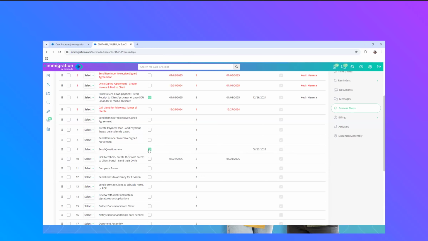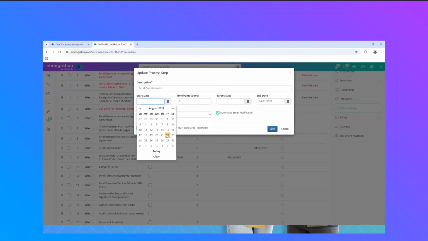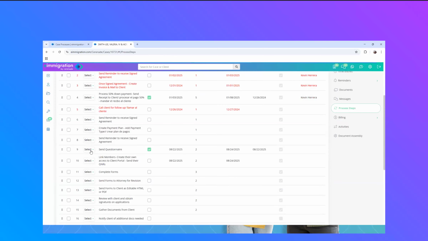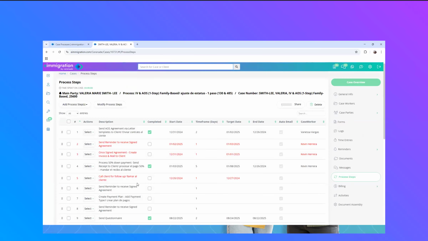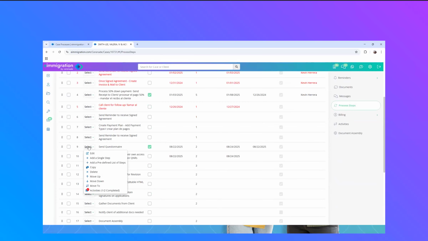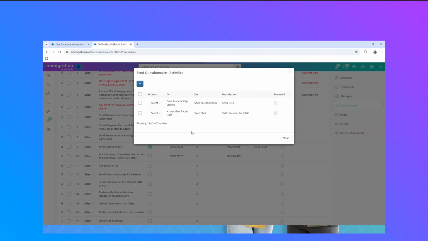So I'm gonna check the box, say that we have to start today. All right, so now let me refresh my screen. Unless, of course, my activity says a few days after. Yeah, that's probably why. Okay, so this one, it's already executed because it says when the case process step starts,